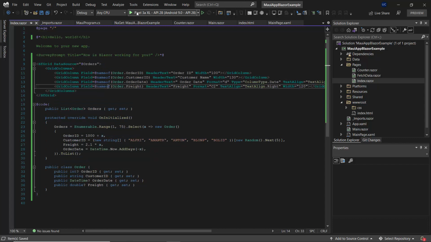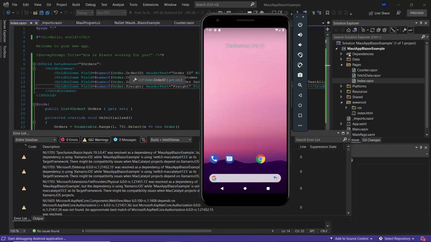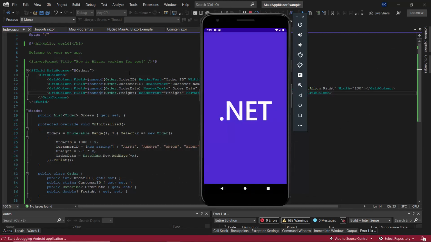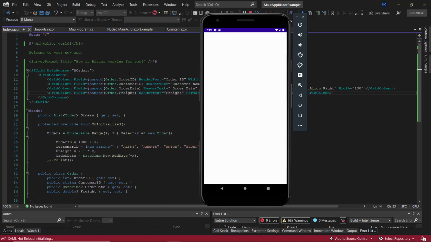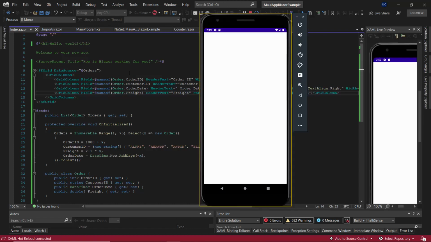So now let's run this project. Building is done, and now project is getting deployed, and it's going to display the output now.